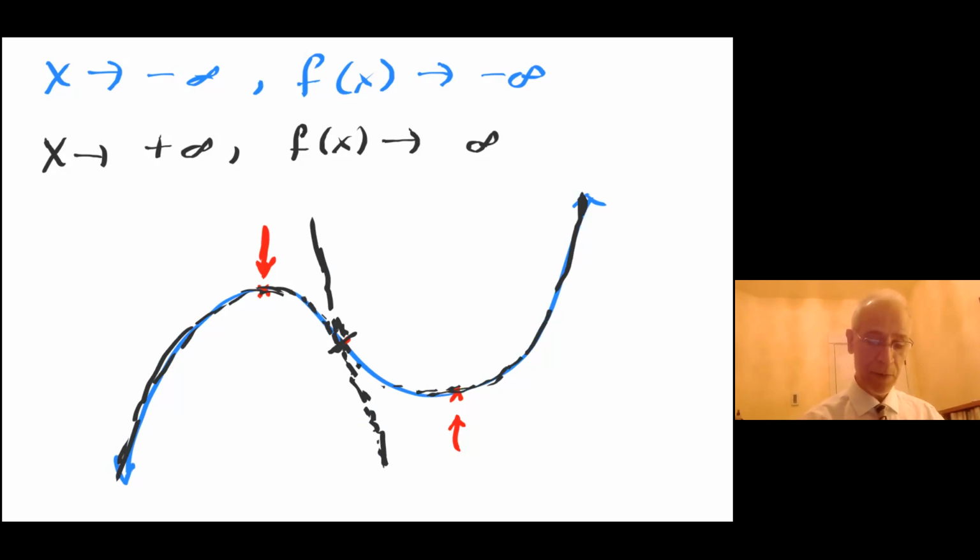And how do I find the point of inflection? I'll take the second derivative and set it equal to 0. Once I take the first derivative and set it equal to 0, it points out my local max and local minimum,